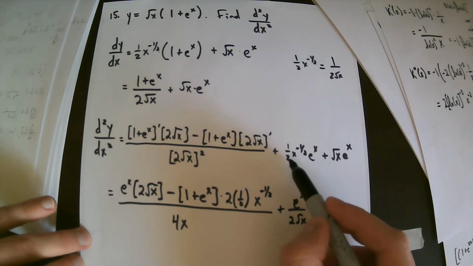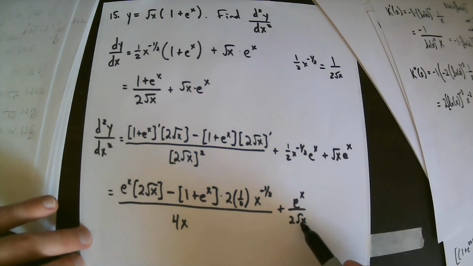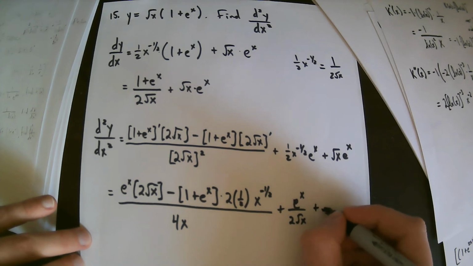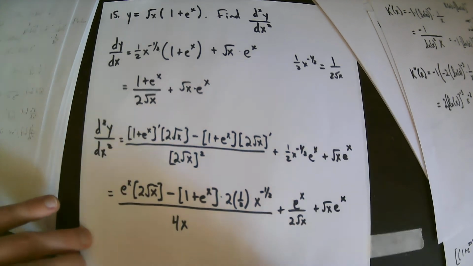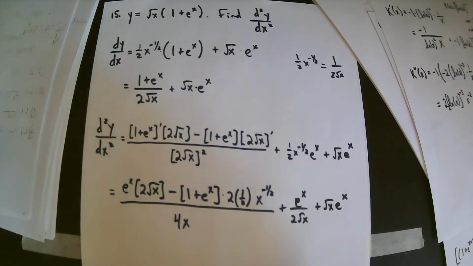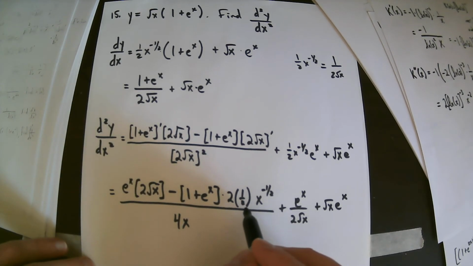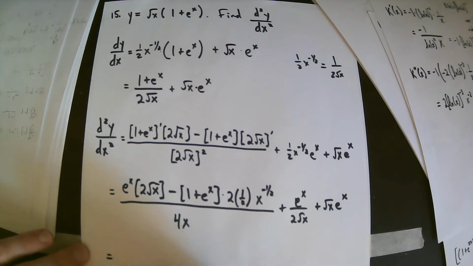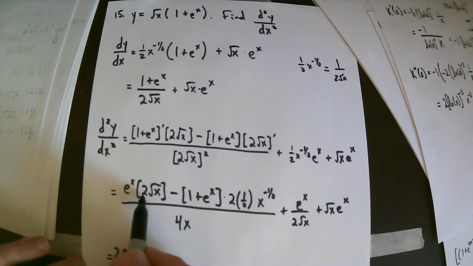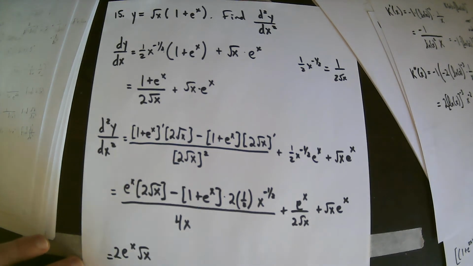So this first one will be 1/2 square root of x, and then I can just throw that e to the x up top. And then plus square root of x times e to the x. And let's leave it like that. It can be cleaned up a bit. Well, actually, it can be cleaned up pretty nice. We can say e to the x, e to the x square root of x, just putting the 2 up front because it looks a bit better,